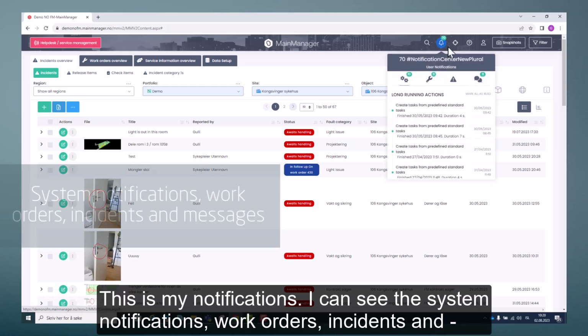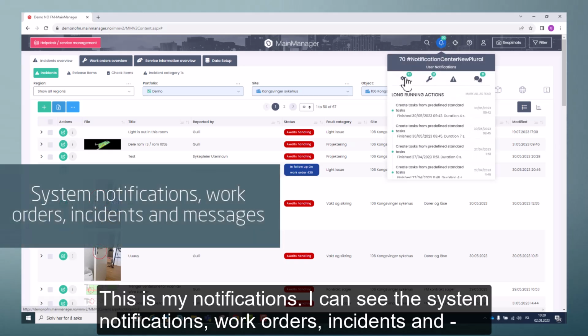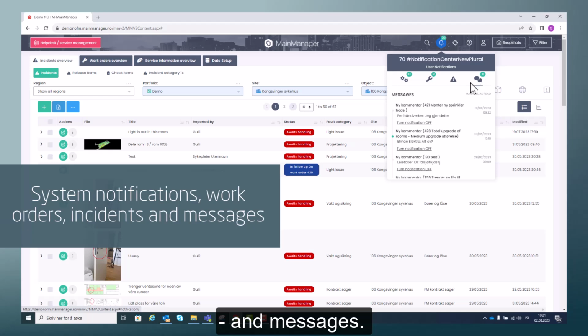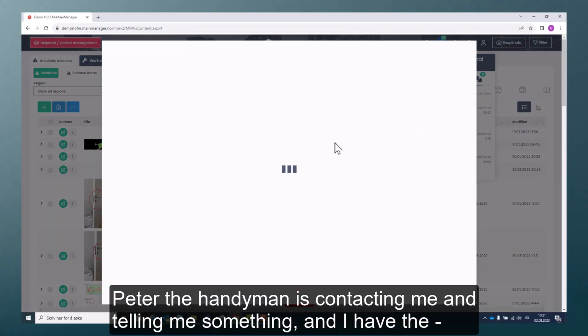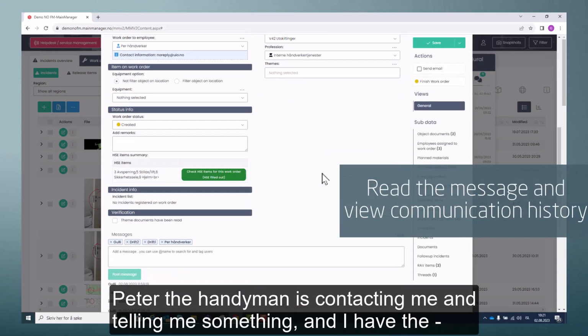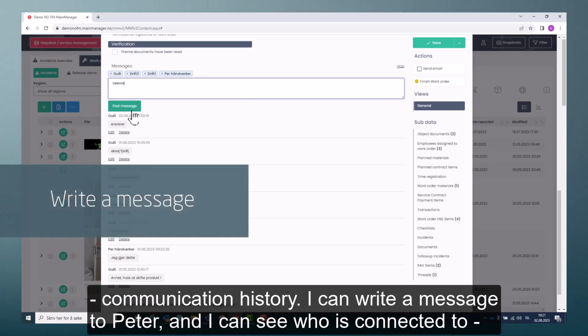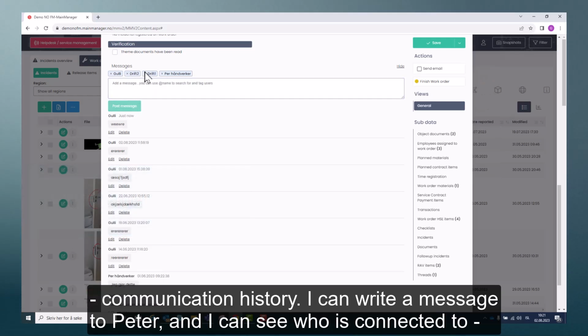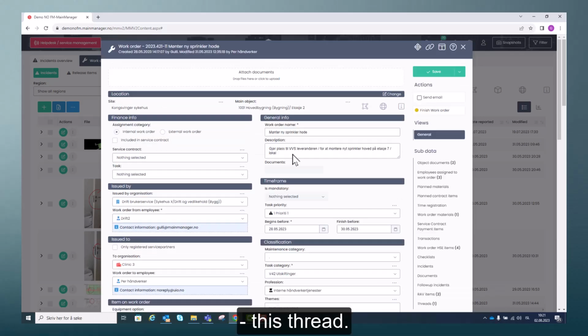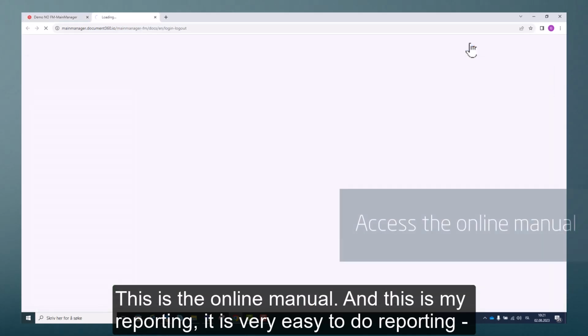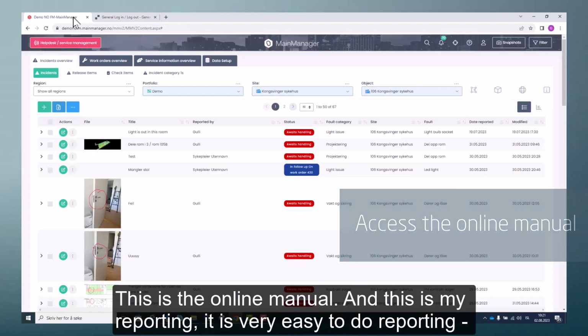This is my notification. Here I can see the system notification. I am on 9 work orders and no incidents, and I have access to 11 communication threads. Here's Peter, the handyman, contacting me and telling me something, and I have the communication history here, and I can post some message to Peter, and I can see who is connected to this thread also here, a lot of people. And this is the online manual, and